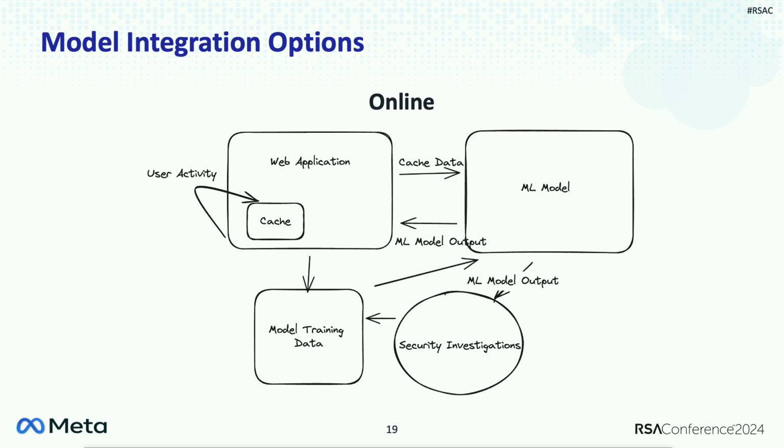But what we also like to do in particular, and what we found very effective, is our web application can also prompt the users for action as well. So think like how Google will send you like, hey, was this you when you log in from a new device on your applications? You can do something very similar here, where if the user does respond and says, no, I don't recognize this, that can be a labeled data point that we can then use in our security investigations and response queue. Let's escalate this to the top for response and or user disabling if needed.